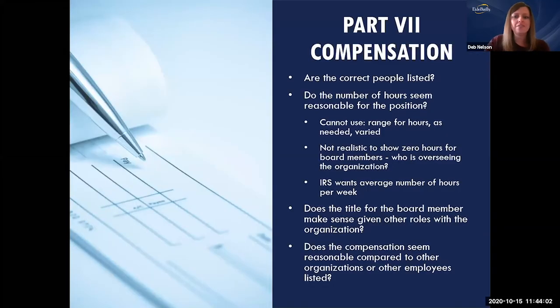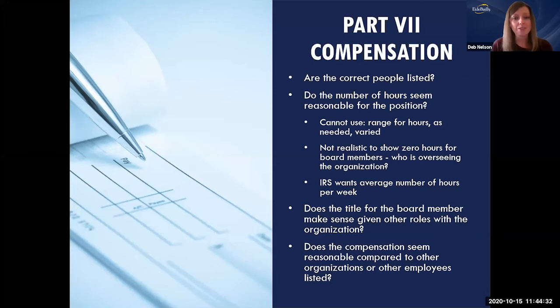And another heavily viewed area of the 990 is compensation reporting. So in this part of the 990, you're listing all of your board members that served during the year, officers, key employees, highly compensated employees, and even former individuals if they received compensation. There are certain dollar thresholds that get applied for whether someone makes it to the return or not and how they're classified. But again, I think this is a really important section to be aware of.